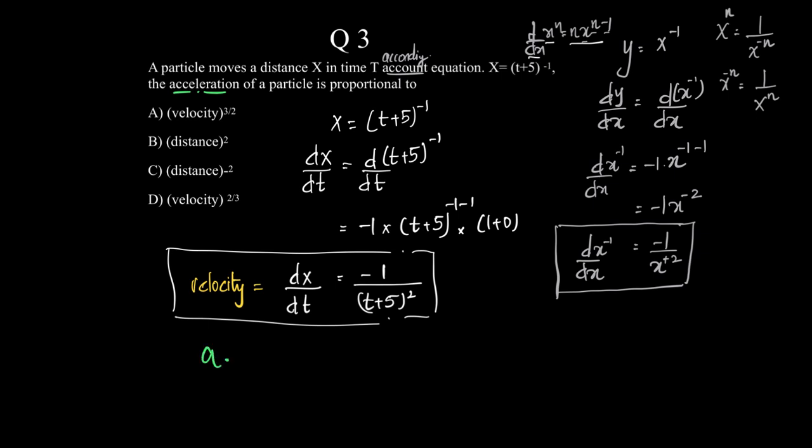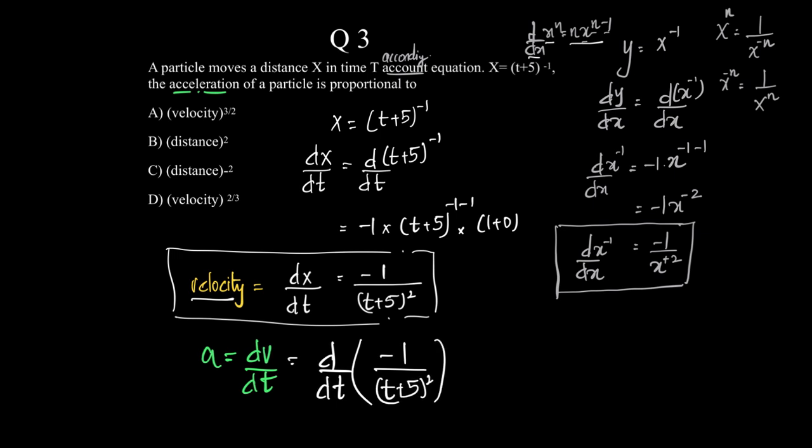See, acceleration is basically dv by dt, or which otherwise would mean d by dt of v. And what is v? V is velocity. What is velocity? Velocity is minus 1 by (t plus 5) the whole square. So this will be equal to d by dt of, I can take minus 1 outside here, d by dt of (t plus 5) the whole raised to minus 2, right,